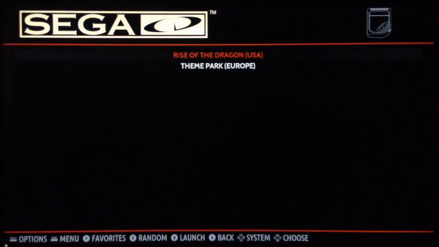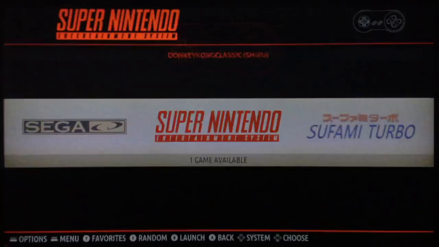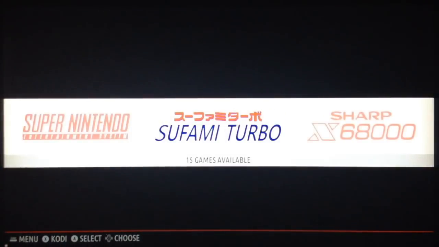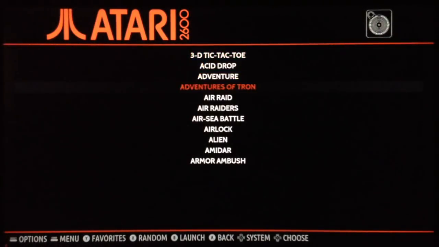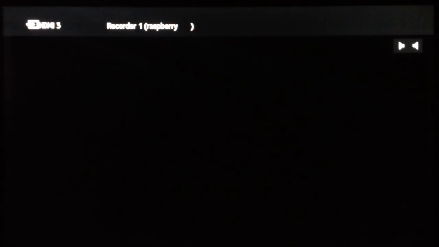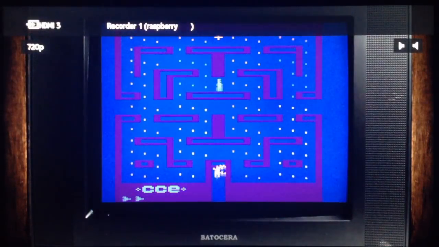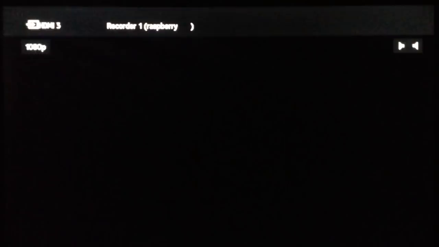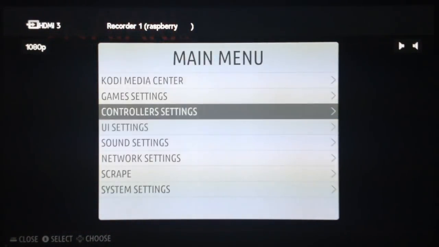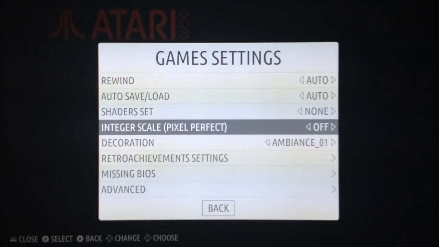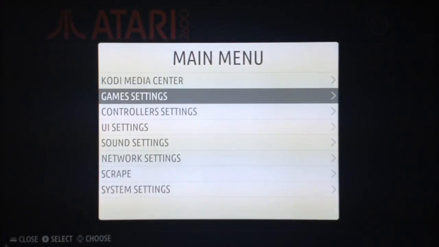Sega CD, Super Nintendo, Amiga, Atari. Yes, the infamous television is back. I want to show you another last. I can show you all the bezels, of course, but